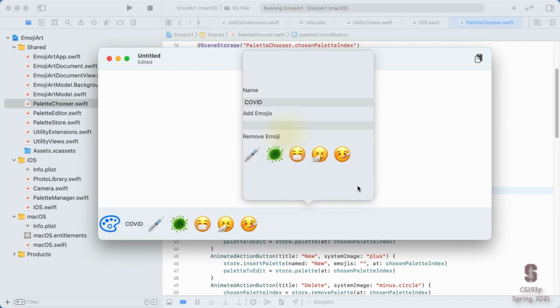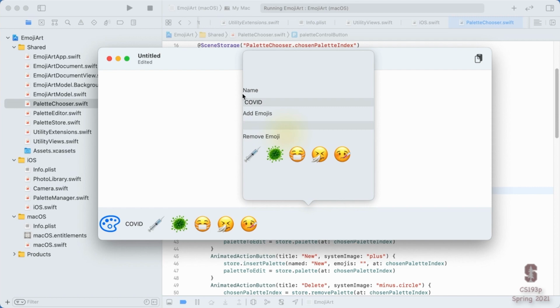Oh, well, interesting. Well, this is my palette editor. It doesn't look very good. It's almost good, but man, look how it's smashed up against the edges there. I really don't like that. I want this to have a little bit of padding, but I can't put padding back on my iOS version because the iOS version already pads it, because it looks quite different there. So how can I put padding here only on the Mac?